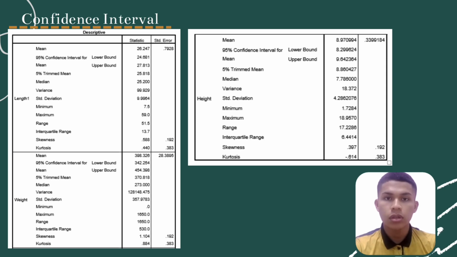8.9710. The upper bound is 9.6424. The lower bound is 8.2996. The difference between upper and lower bound is